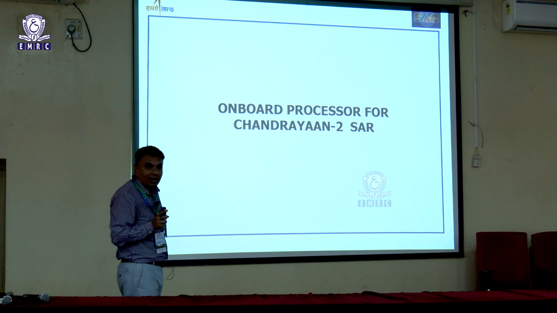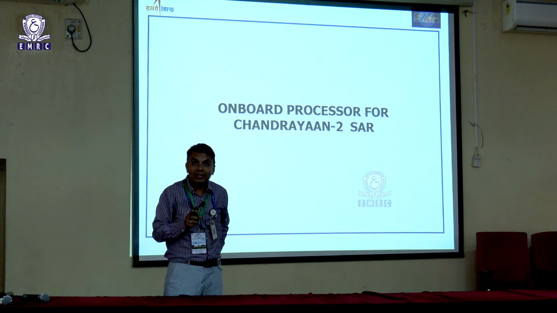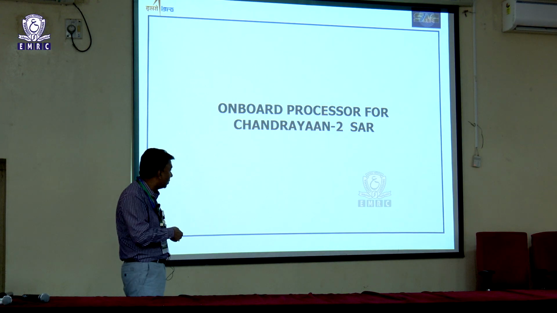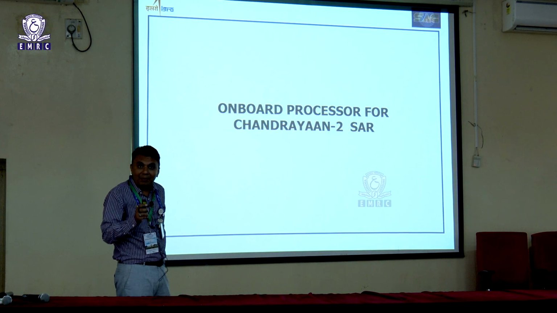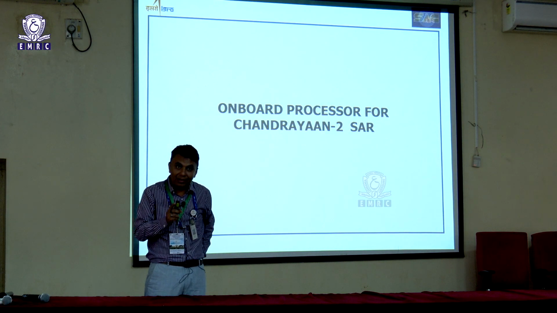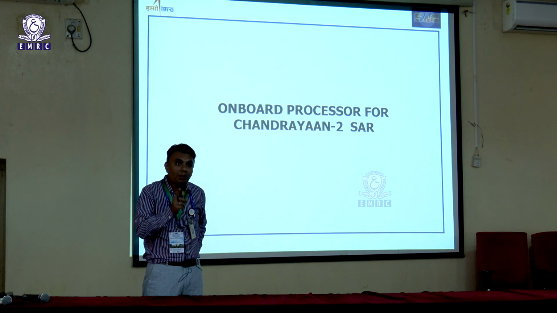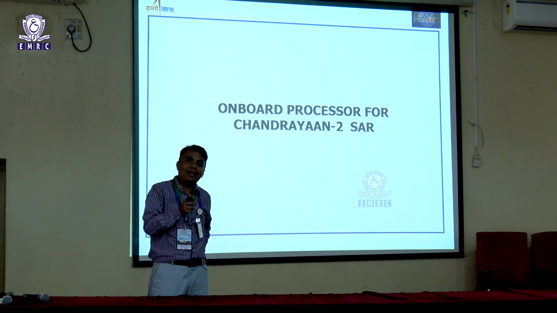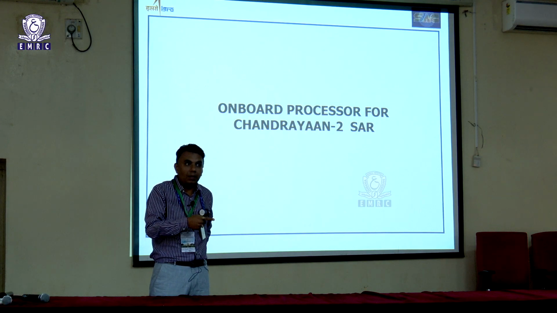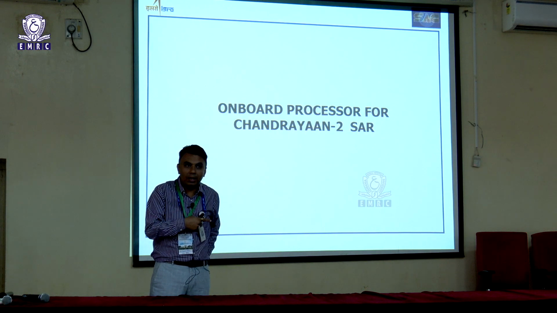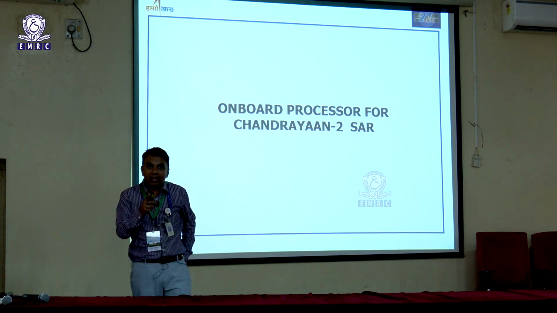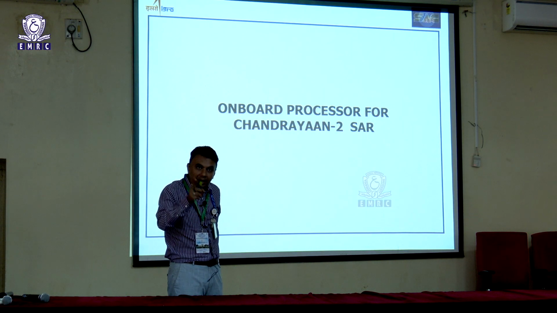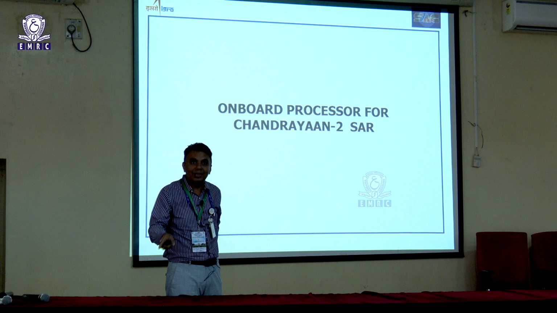Two important missions, Chandrayaan 2 and Chandrayaan 3, are where we have used a lot of Virtex 5 and FPGA, which I will also go through. Many people are not happy with Chandrayaan 2, but if you ask any ISROian, they will say that the most complicated payload is Chandrayaan 2. Although Chandrayaan 3 has got success and we will celebrate it, for us the most complicated payload is Chandrayaan 2. Very few people know that some part of Chandrayaan 2, the orbiter, is still working, and with the help of the orbiter only Chandrayaan 3 has got success.